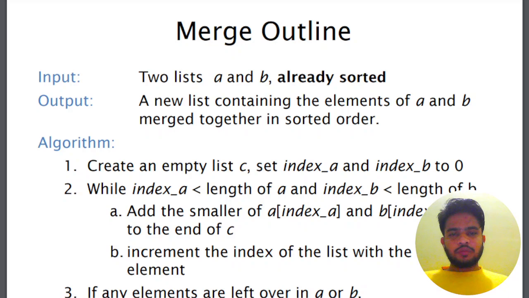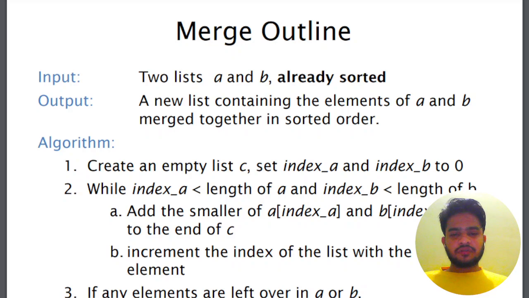Let us understand the merge outline. The input will be two lists A and B, already sorted, and the output will be a new list containing the elements of A and B merged together in sorted order. The algorithm: create an empty list C, set index A and index B to 0, while index A is less than the length of A and index B is less than the length of B,